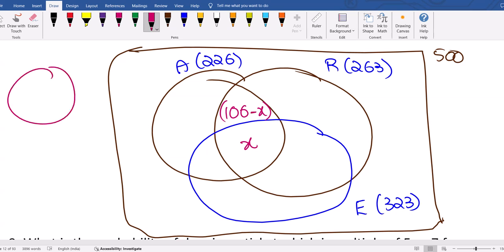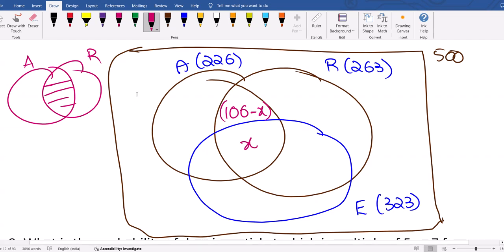This entire area should be 106, for your kind information. Already x is there, then this area is 106 minus x. This is x, already taken. This is 106 minus x. Similarly, aptitude and